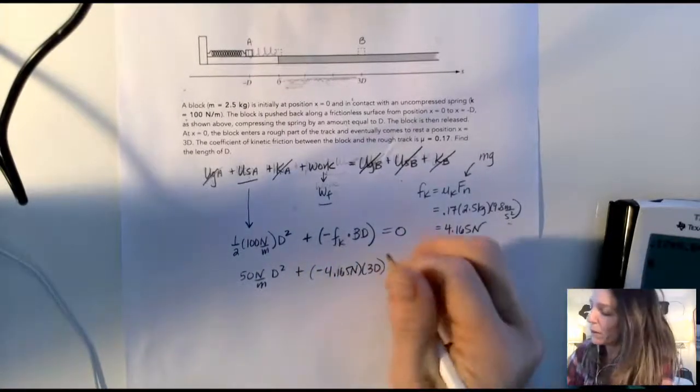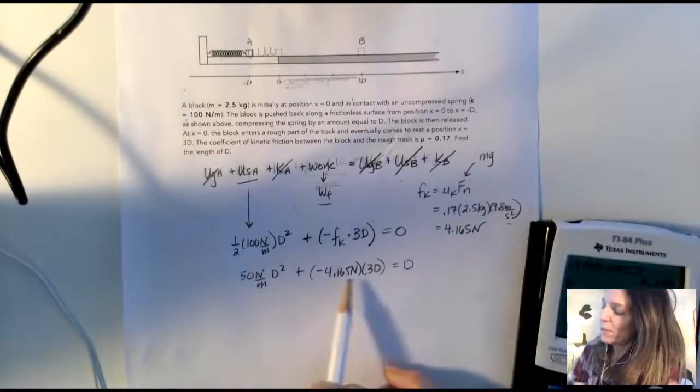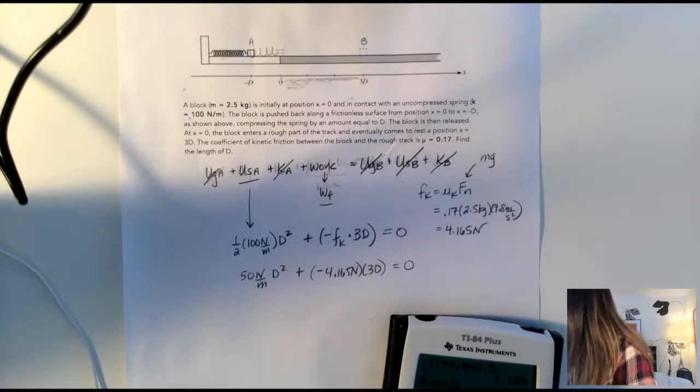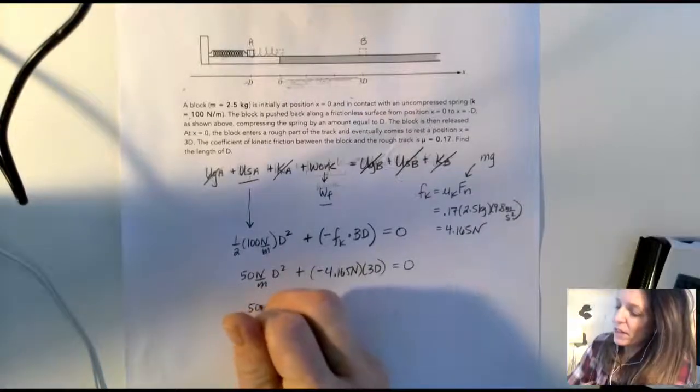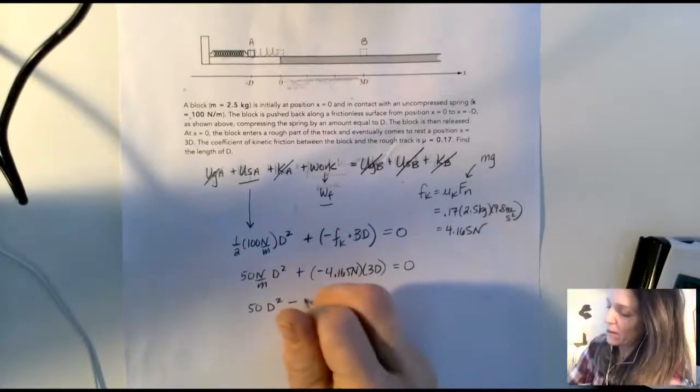I'm just being super formal here. Okay, so we have to multiply 4.165 times 3. I get 12.495. So 50 d squared minus 12.495d